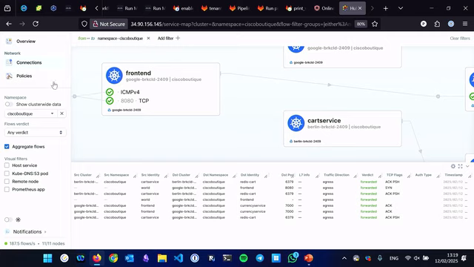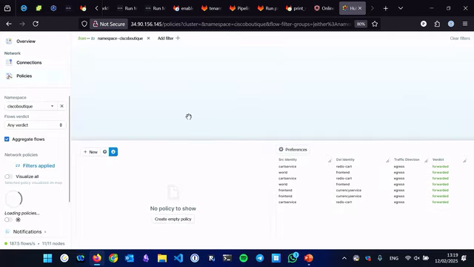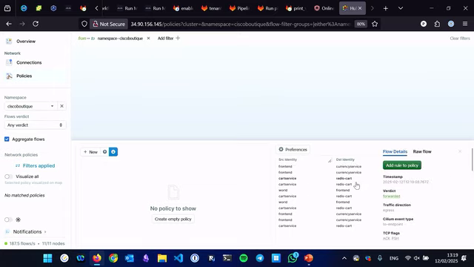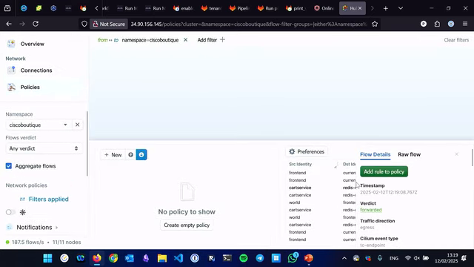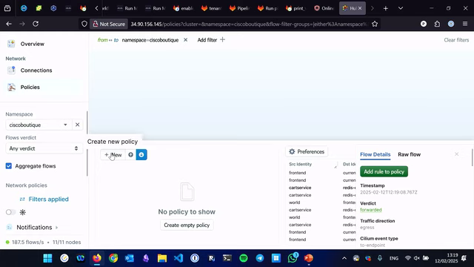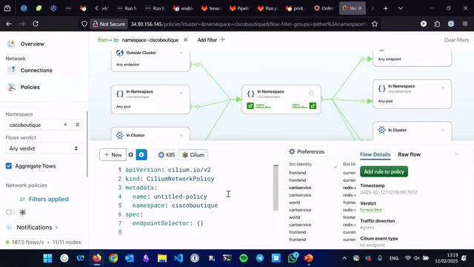What we can also do is define policies. So I have a cart service, my shopping cart in my application. I put the Cilium ebook in here. But this also needs to speak with a database, which is in Redis. If I zoom in here a bit, you might be able to see some of this. We have our cart service talking to our Redis cart. And I say, look, I want to have a new firewall policy here.